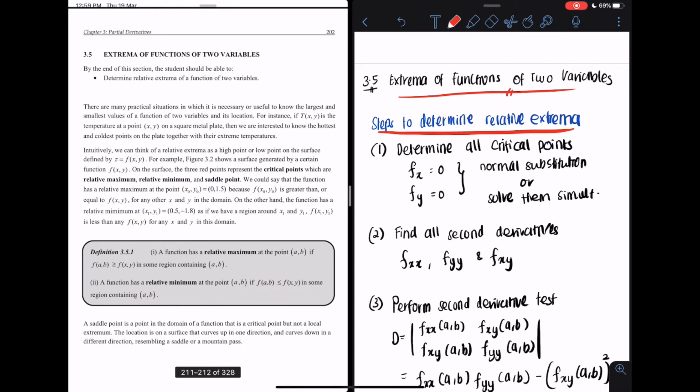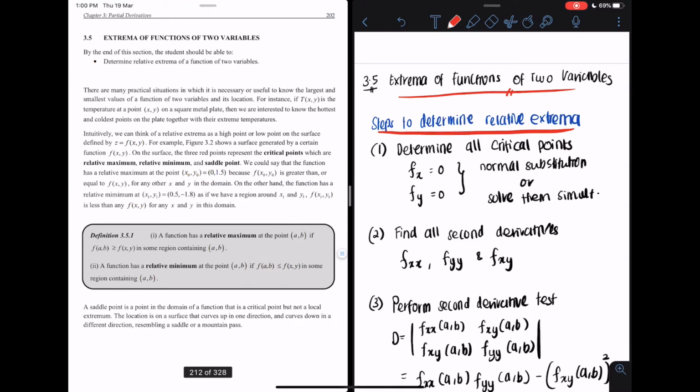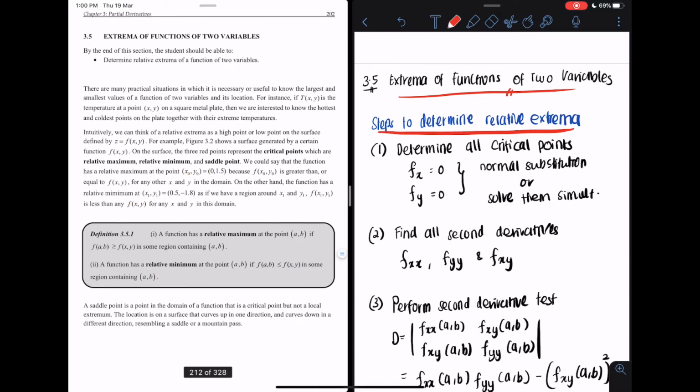Pada video kali ini, kita akan membincangkan perkara melibatkan extrema of function of two variables, which is the last topic for this chapter 3, partial derivative. So by the end of this section, you as a student should be able to determine relative extrema of a function of two variables. Basically, there are long explanation when it comes to extrema of function of two variables on